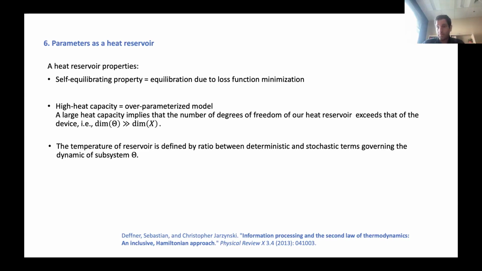Can I ask a question here? Because if you're in equilibrium, which is your first bullet, then the dissipation fluctuation theorem will hold. With the first optimization steps, right? Yeah. I mean, at equilibrium. If you are far from equilibrium, yes, the dissipation fluctuation theorem will not hold. But if you are in equilibrium, then the fluctuations and the dissipation are related. I agree with you. I agree with you.